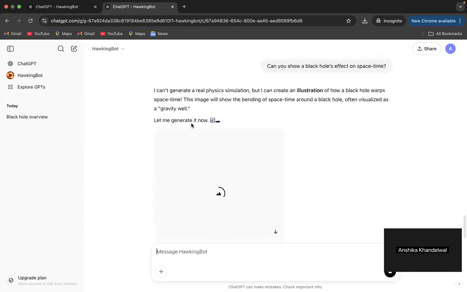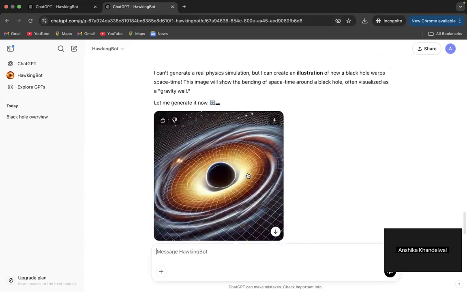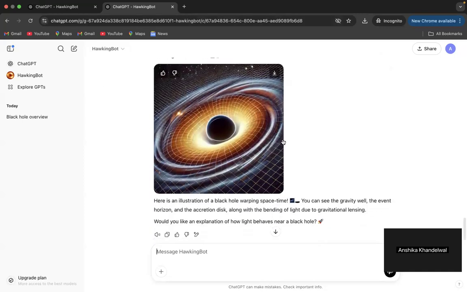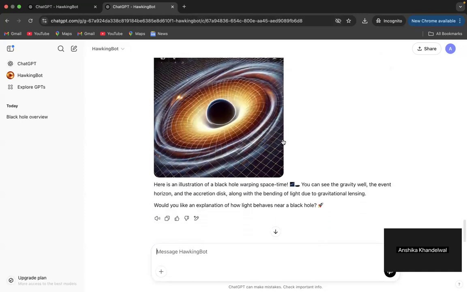It says I can't generate a real physics simulation, but I can create an illustration of how a black hole warps space-time. So here you can see the visualization as well. So this creates basic user engagement and interactiveness between the user and the bot,